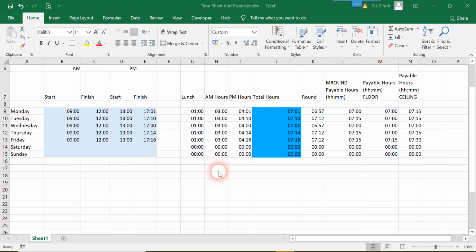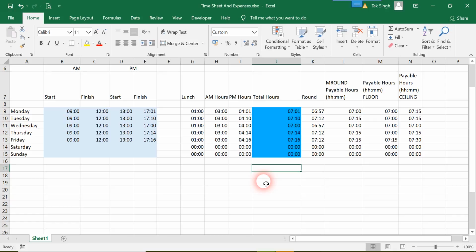Okay guys, in the previous video we saw how Excel deals with time and dates. You'll recall that Excel deals with dates as nothing but whole numbers starting from 1st of January 1900, and it deals with time as fractions of dates, which is nothing but the decimal part in the whole numbers which are used for representing the dates. Anyways, we will be using that concept over here in adding time. So let's check out how Excel deals with adding time.